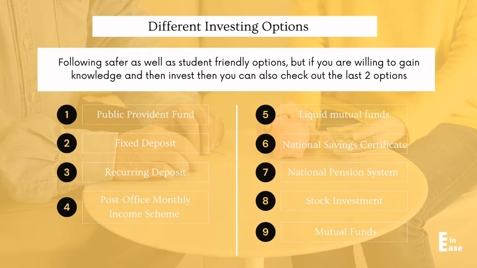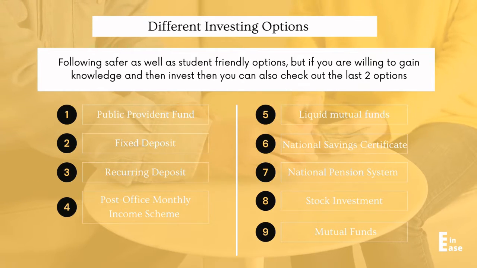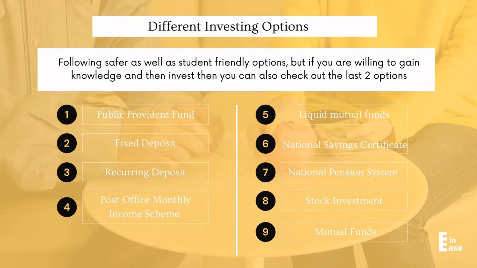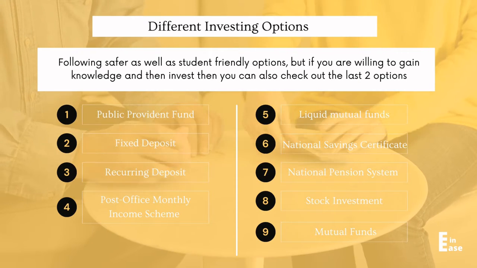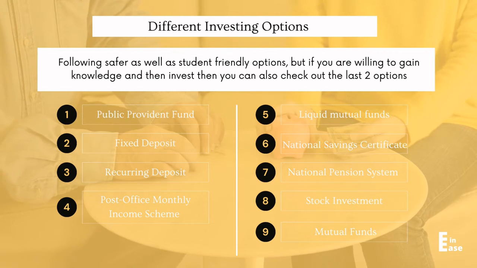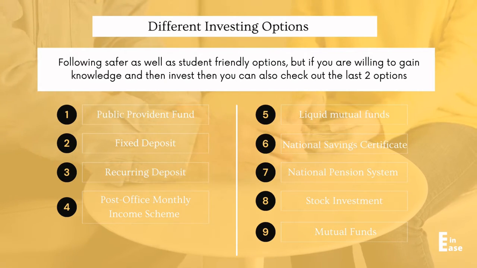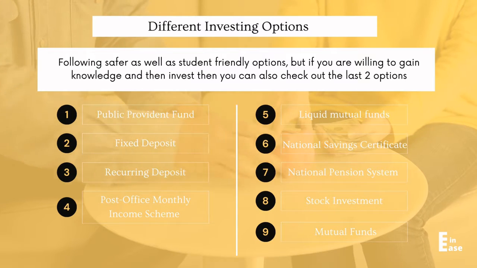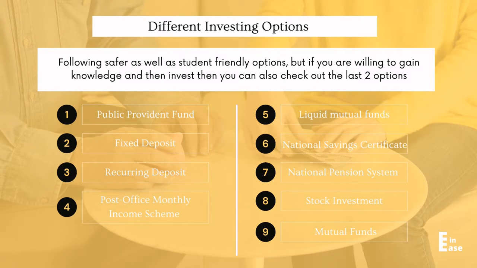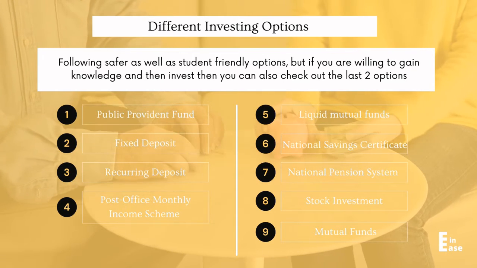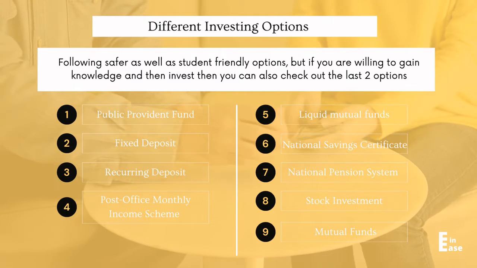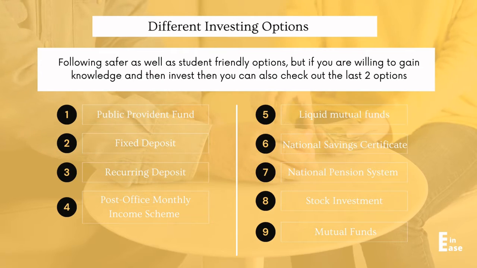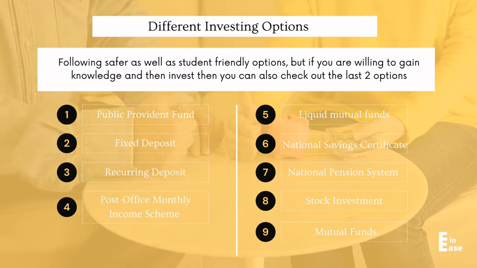Third, recurring deposits. Recurring deposits, also known as RD, are term deposits offered by Indian banks where the subscribers are allowed to make regular deposits and earn good returns. This investment offers flexibility of investment by allowing the investors to choose the tenure on their own. Usually the tenure of a RD ranges from 1 year to 10 years. Individuals can open an RD account with their respective banks and proceed with deposits of fixed amounts every month. The interest earned is paid at the time of maturity along with the invested amount.